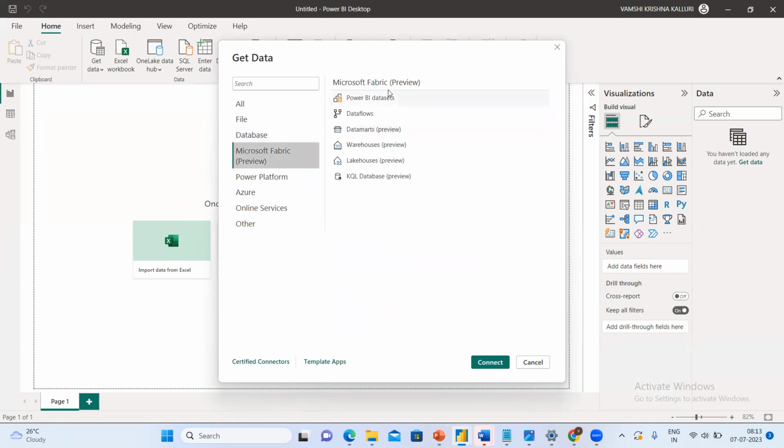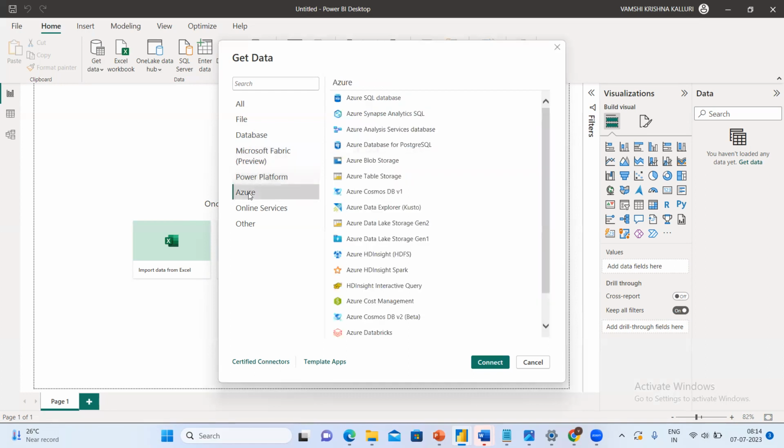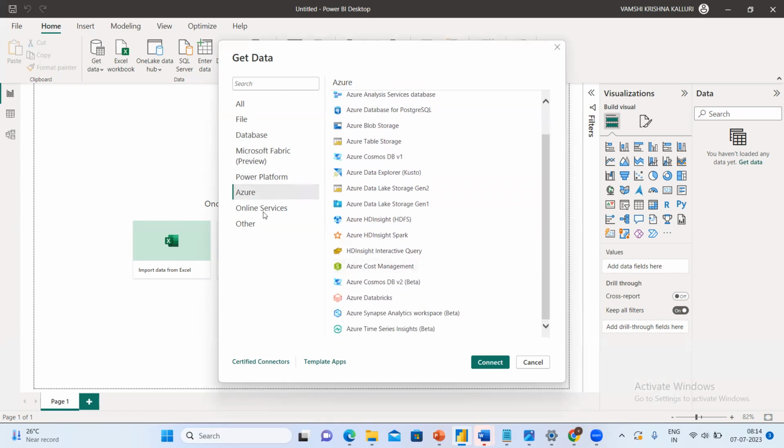And we have Microsoft Fabric. This is a new feature where data can also be brought from Microsoft, which contains Azure Data Factory, Data Mart, Data Flows. This is also a data source where the end user can store the business data. And we have the Power Platform, where we can bring data from Dataverse, which is also one of the storages where data can be stored. And Azure platforms, Azure Synapse, Azure Blob Storage, Hadoop systems, or Google Analytics, anything.